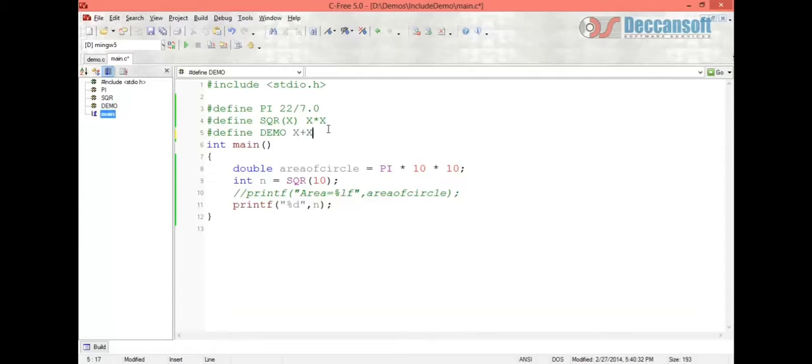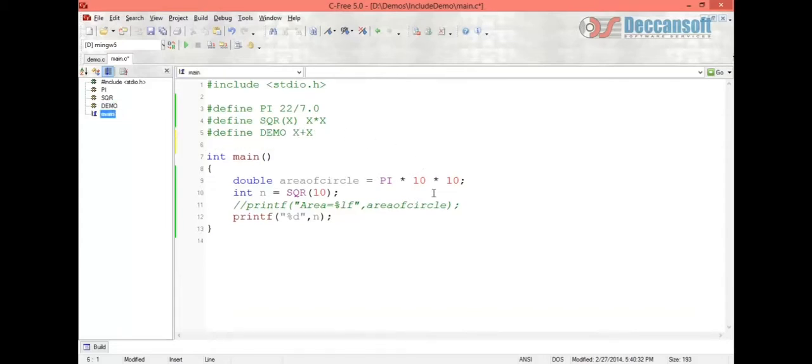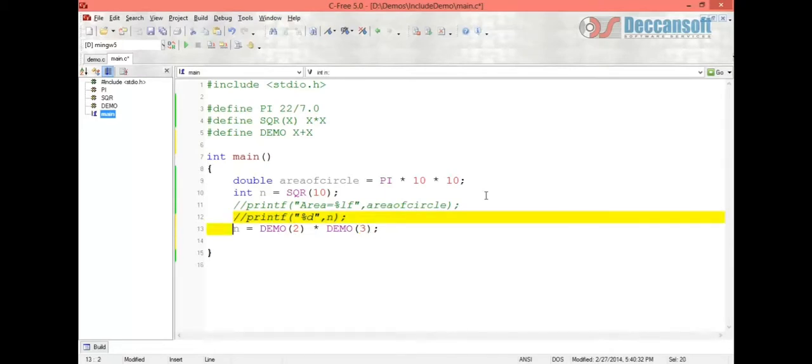So now let's take another example of a preprocessor directive and its macros. Here #define demo x plus x. Here I have done a little mistake, that is in demo we have not written brackets. I will write n equal to demo as in the previous program, and write n equal to demo 5 into demo 6, or demo 2 into demo 3, so we can get lower values.